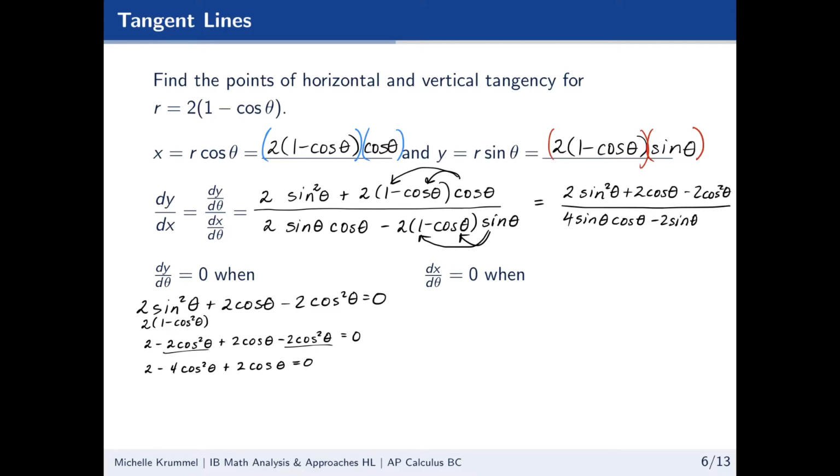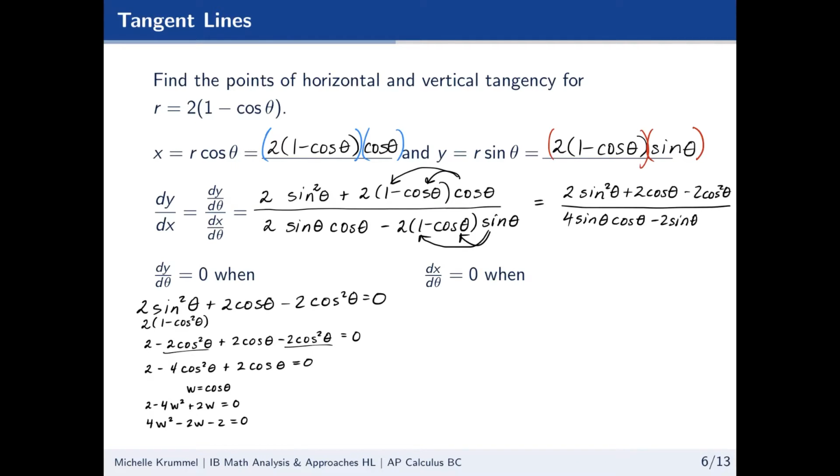So I'm thinking about this like w equals cosine theta, and then I can rewrite this as 2 minus 4w squared plus 2w equals 0, which would be equivalent to 4w squared minus 2w minus 2 equals 0, and hopefully that